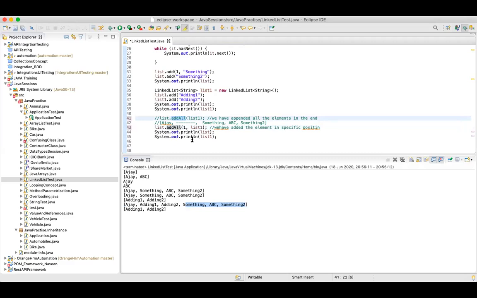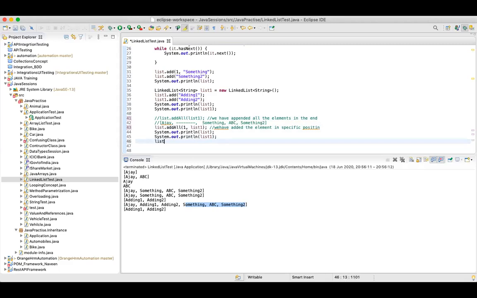Okay, now since we are dealing with linked list, in C and C++, if you might have studied, especially in C++, we can have 2 pointers for a linked list, right? One at the start and one at the end. So a linked list can have 2 pointers, one at the start and one at the end. So if you want to add an element, there was one method of adding using index. Now let's say you want an element to be added at the first position.